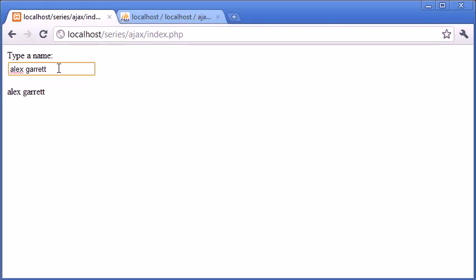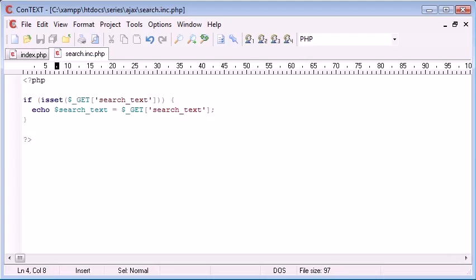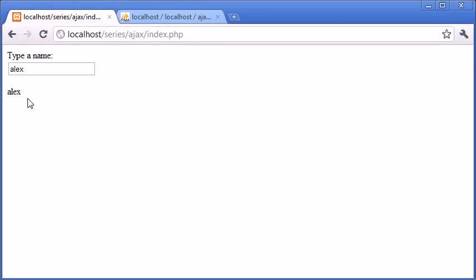I can type anything I want in here, so anything I type in here is just going to be simply repeated. So you can see how we can use this to our advantage, because now what we can do inside search.inc.php is we can create a structured query that will search the database for the current value being typed in here, and that's going to do a query for every time we enter a key. So it is going to significantly slow down our web page, or our server load is going to be quite increased, if you like,